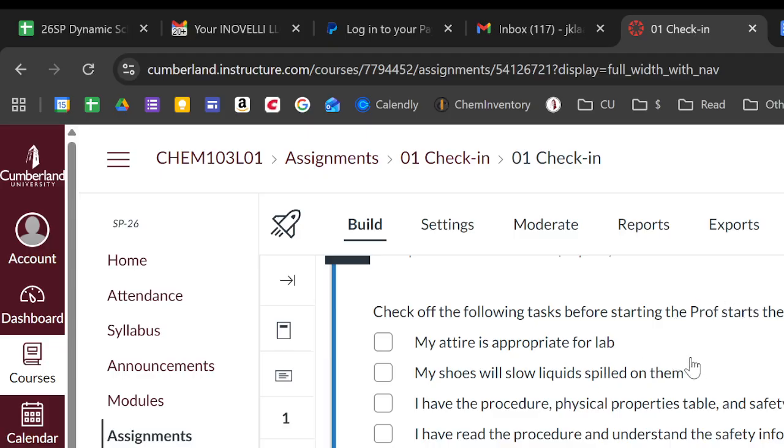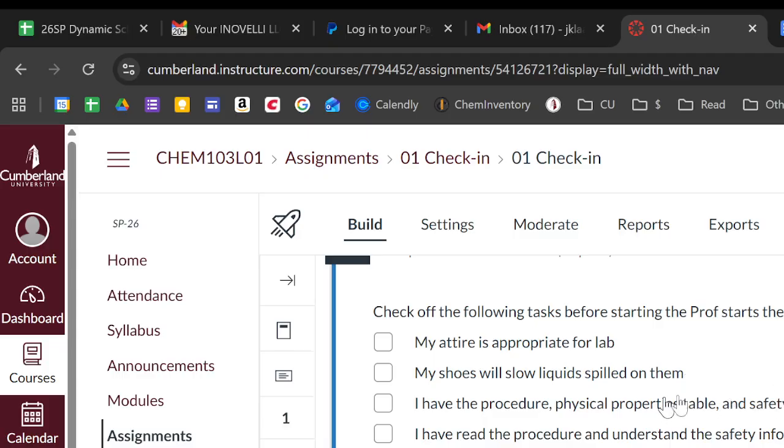Okay. So slow liquids will come through, so you need shoes that have backs. For example, your shoes are not okay, right? Your shoes are also not okay because they don't have a back. Yours would probably be okay. But I would prefer if you wear some sneakers or something, right? Okay. Got a good idea there?